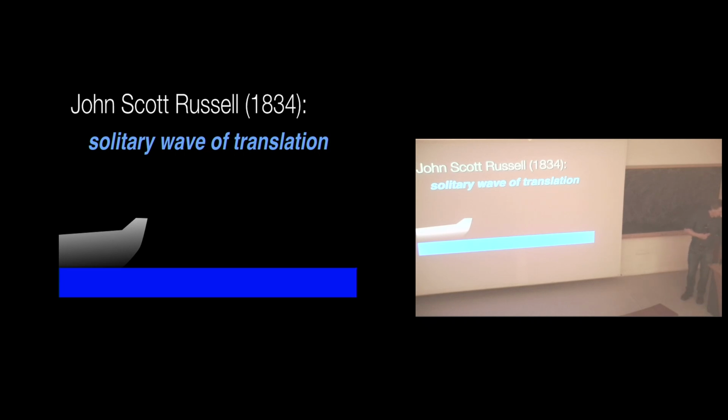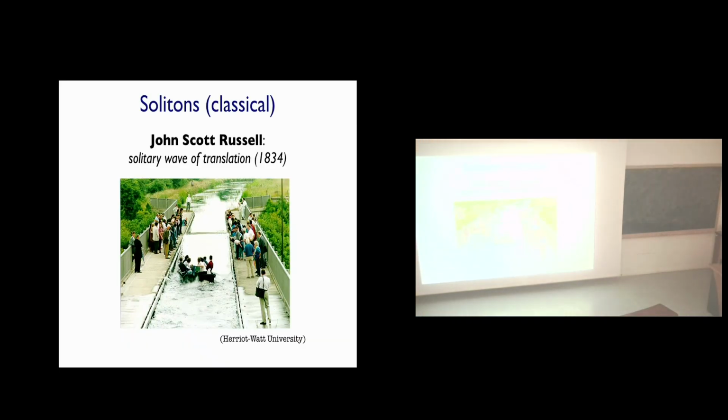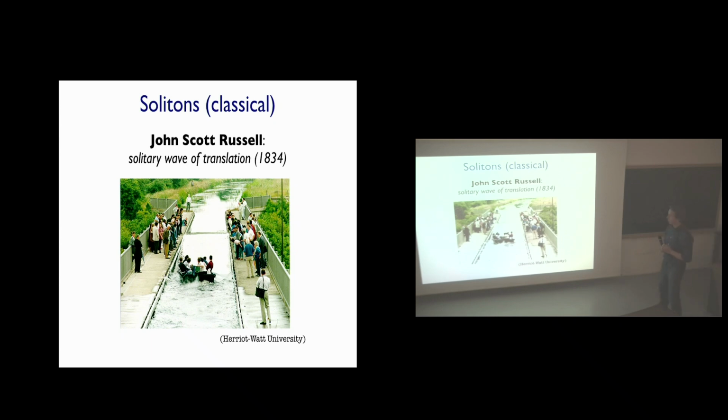And the bit of the story that I would accuse him of having made up, had I been referee, but there were no referees there, is that he had his horse with him. And he said that he followed this hump for like a couple of miles until the canal branched into 2 different branches where the thing dissipated. Now, in honor of John Scott Russell, they reproduced that hump in the Union Canal in Edinburgh a few years ago. I don't actually know in what year this was taken. But here's what it is.